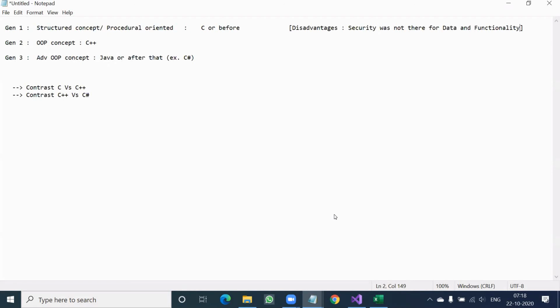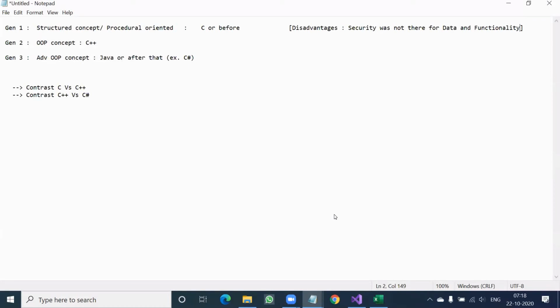Functionality means whatever calculation, processing you are doing, that is called functionality. Security was not there means if you have 10 functionality, anybody is entering into the application. If you have developed one application using C language or COBOL language, there is no restriction that this guy can use this data and this function, that guy can use that data and that function. This kind of thing was not restricted.